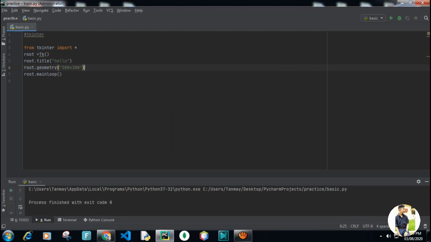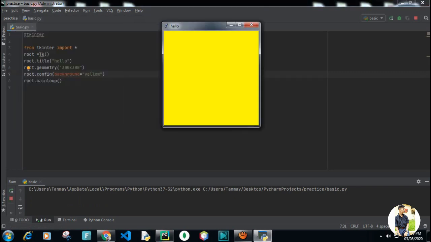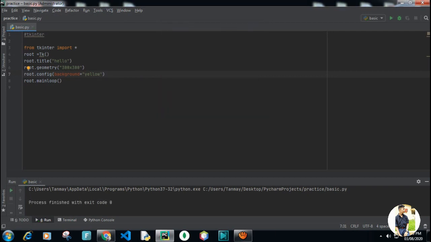Then we can give a background to our window, like root dot config, background. We'll give yellow. You can see the yellow background on our screen. You can give any color you want or any size.